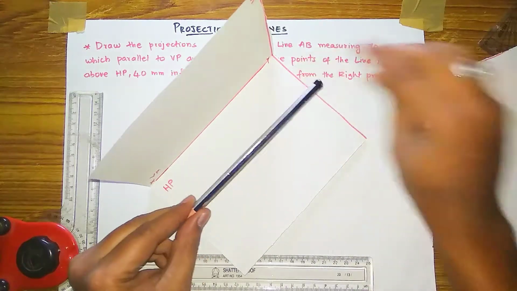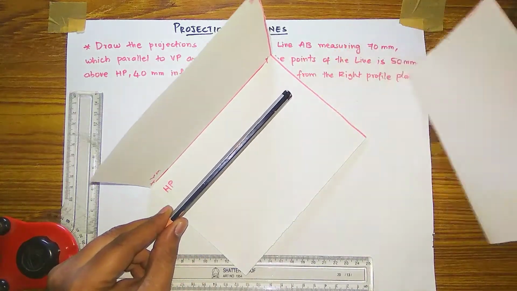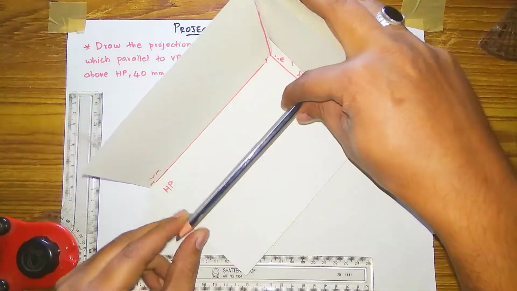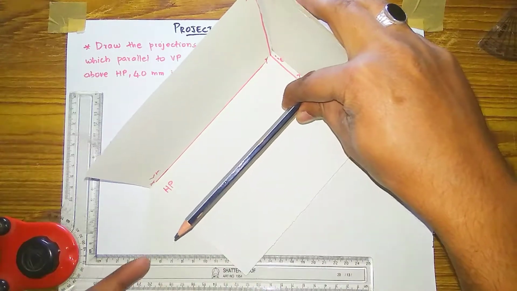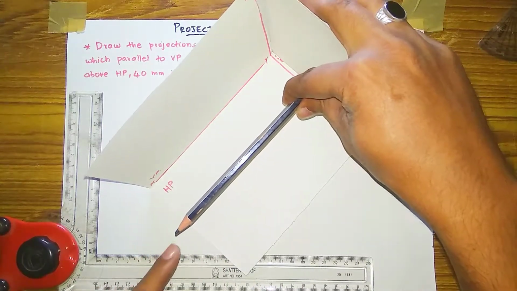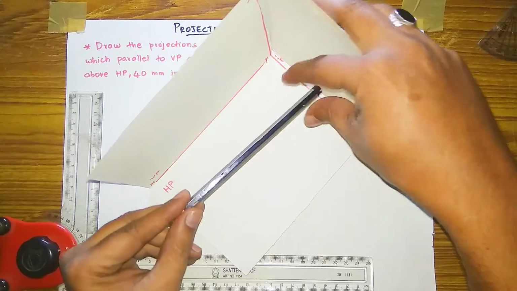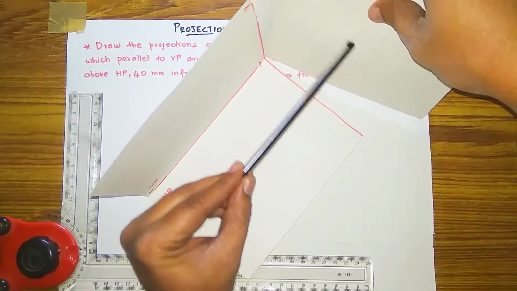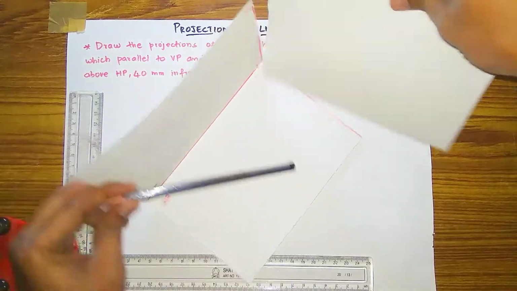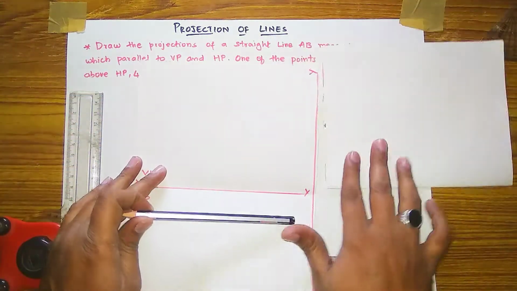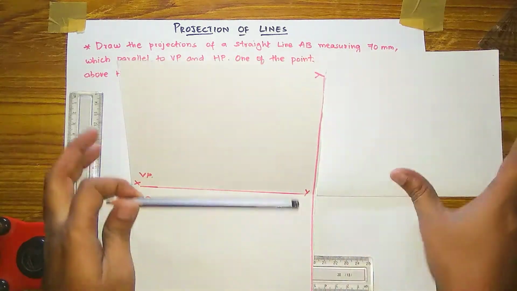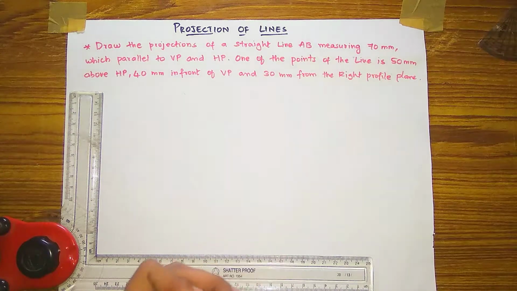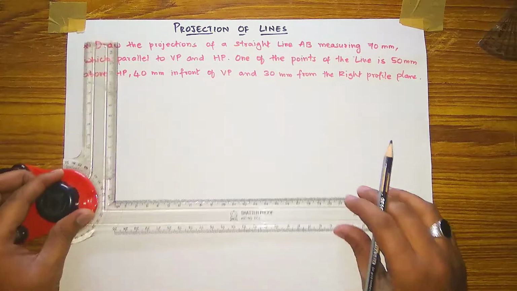Now the same, if you keep on the right, in the right profile plane, if you see this line from here, it looks like a point which will be projected on the right profile plane. It looks like in the right profile plane you will have a point here like this. After opening this you will have the point here. So how to draw this, I am going to show you, draft you. So please watch my videos till the end.